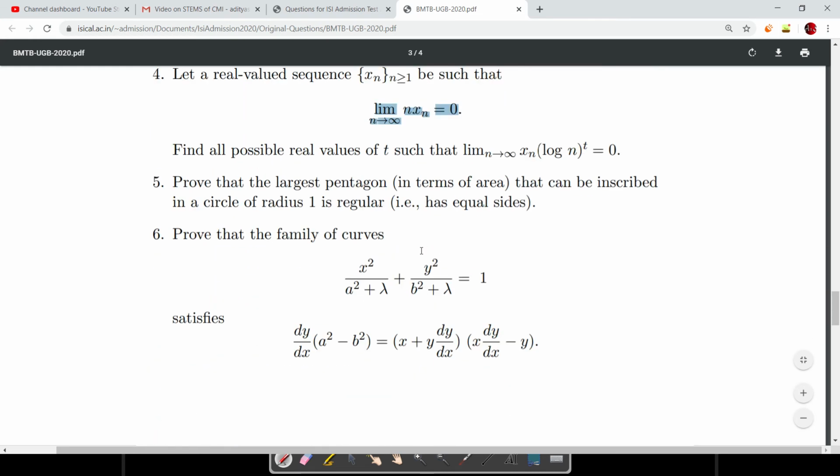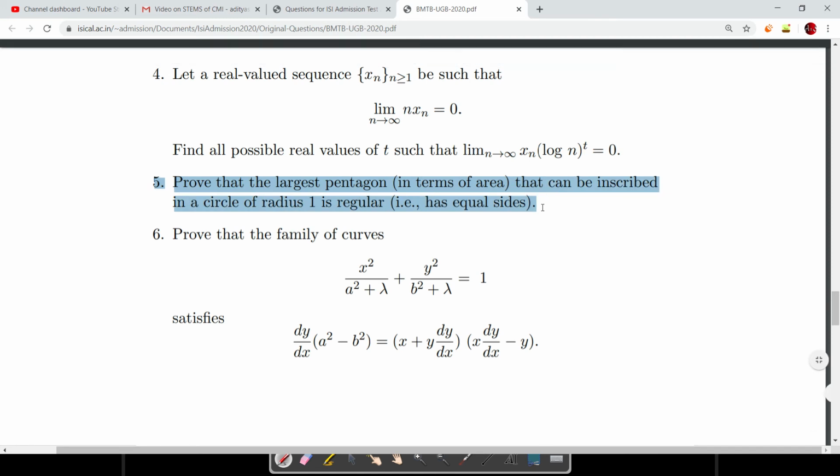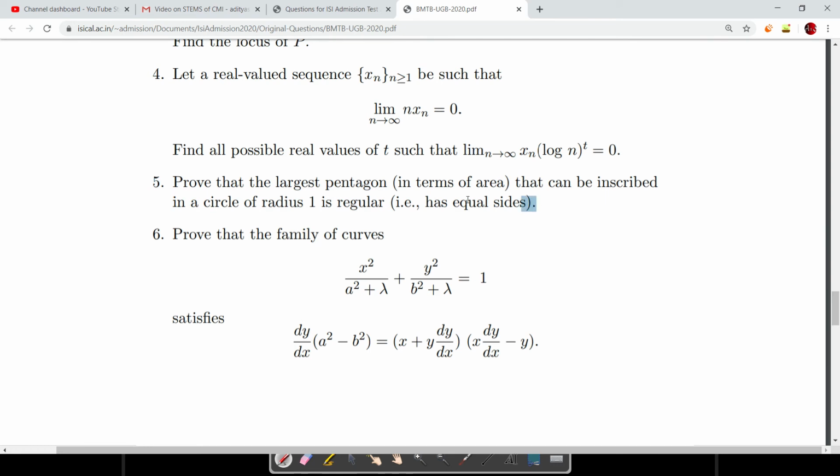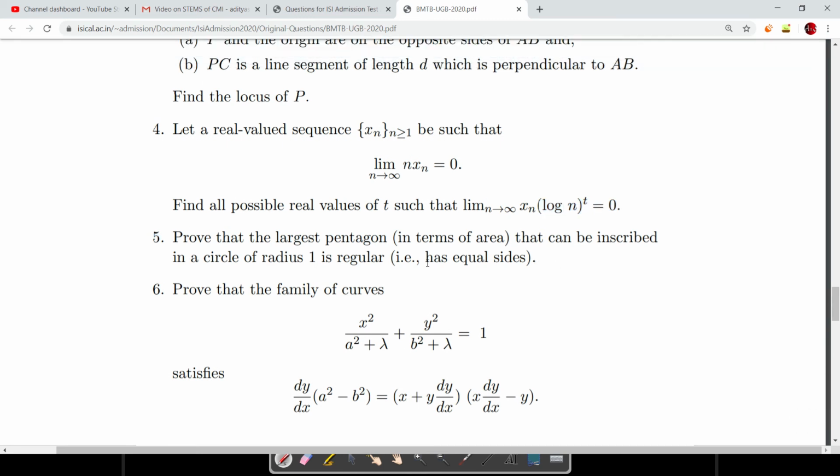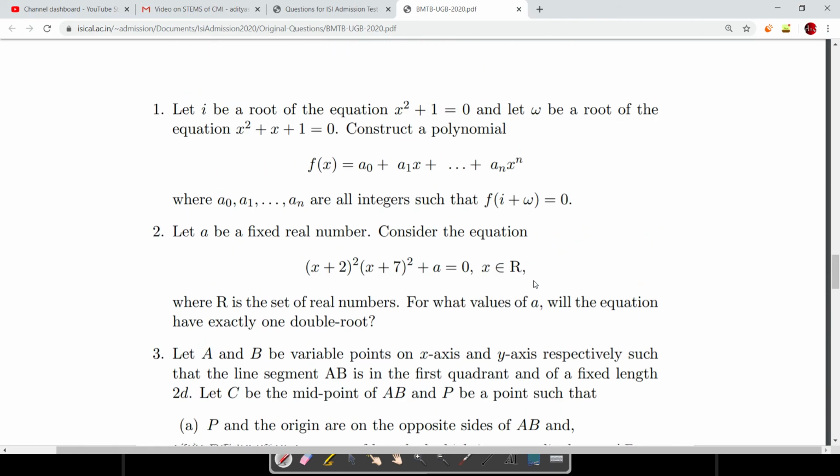So number 5 was a very simple application of Jensen's inequality, but Jensen's inequality is not so simple, so that's why it cannot be said to be a very simple problem, but still it's a doable one for the ones who are very much capable of doing this kind of inequality problems using calculus. And I don't think there is much left to say about this.